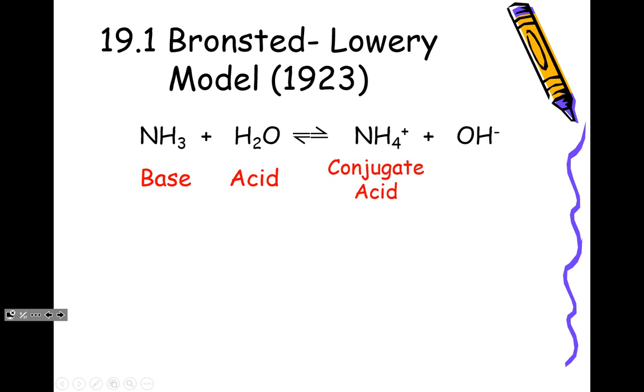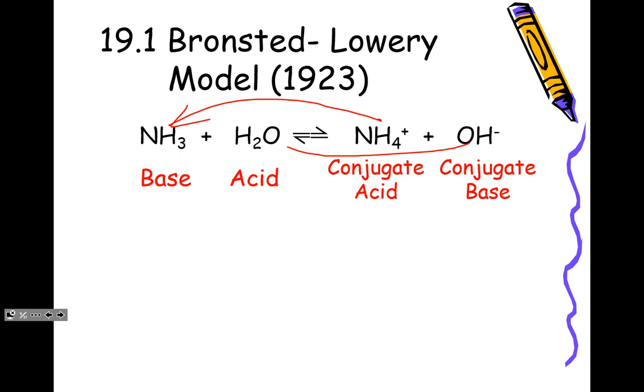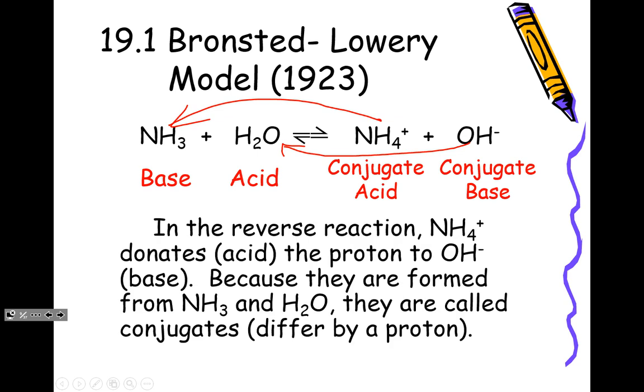Now, one of the things of Bronsted-Lowry theory is when we have a double arrow, the reverse reaction is also occurring, and the substances on the right are conjugates of the substances on the left. But now they're acting differently. NH4 plus is going back to make NH3, and OH minus is going back to make H2O. So in the reverse direction, NH4 plus is donating the proton, H plus, to the OH minus. So NH4 plus is the conjugate acid of the base NH3, and OH minus is the conjugate base of the